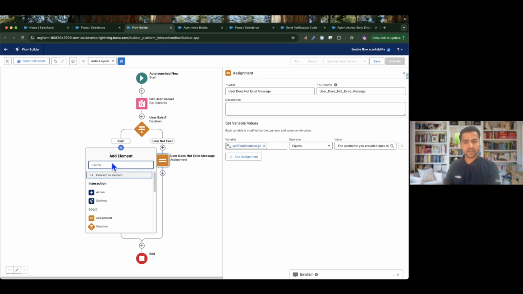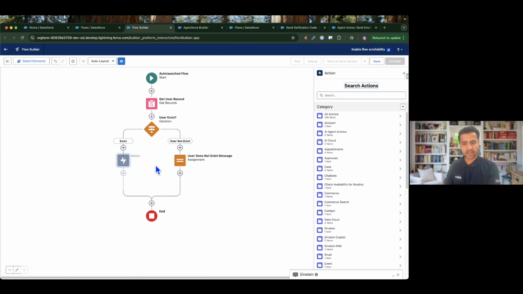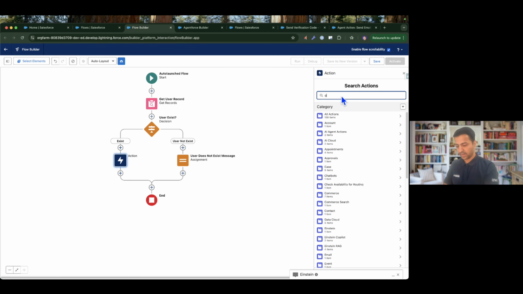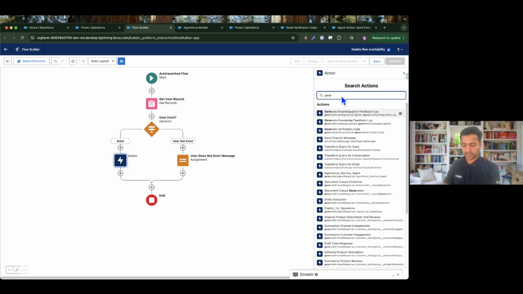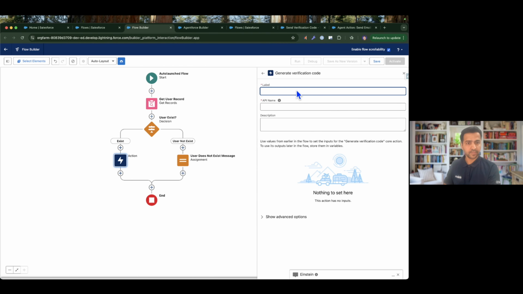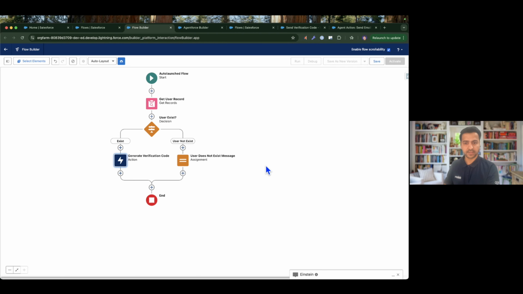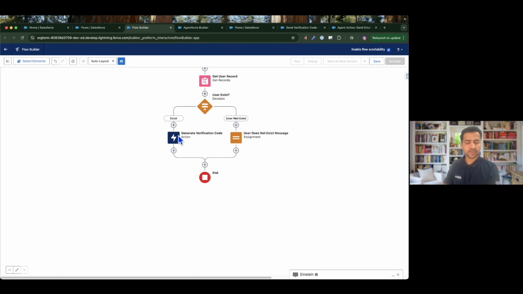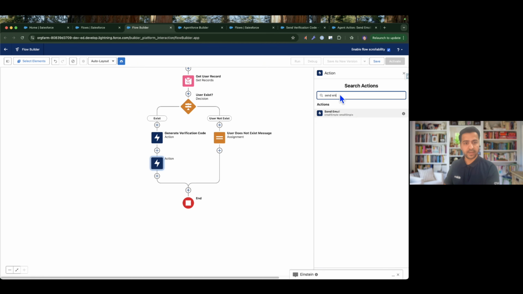Now, if the user exists, I will use an action. So Salesforce has provided a standard action which is generate verification code. So I will simply call this action and name it as it is, generate verification code, and that's it. Once the verification code has been generated, then I need to send this code to the email. So I will use another action which is send email,